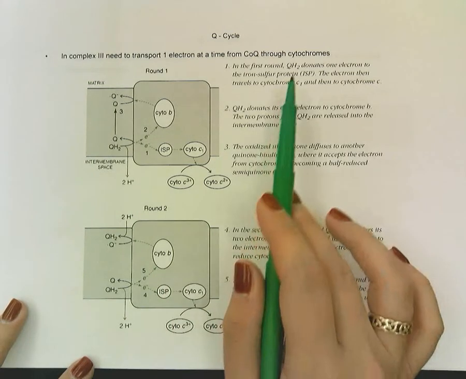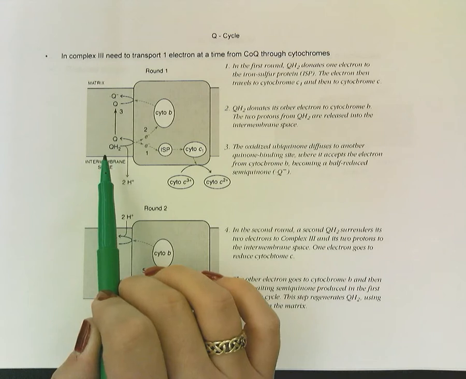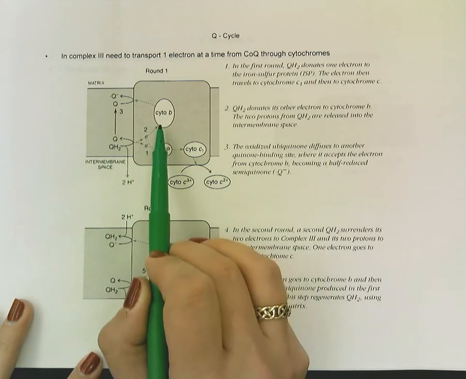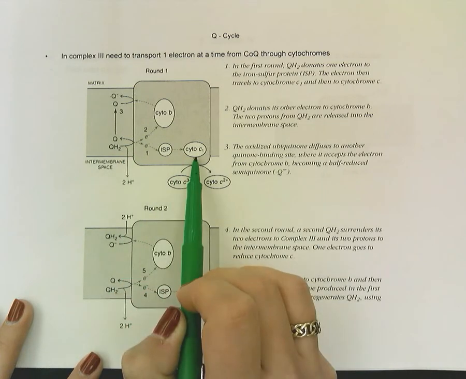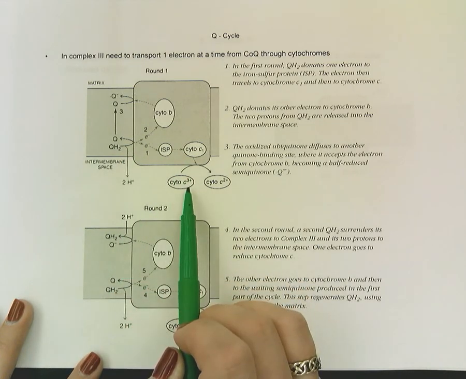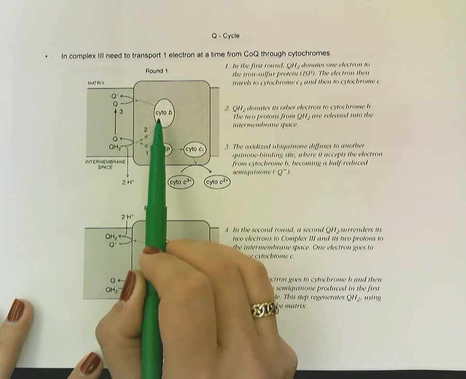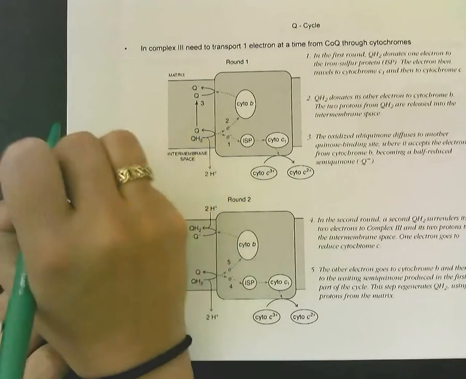And so in the first round, we have QH2 that we just made with complex 1 or 2. It's going to donate 1 electron to an iron sulfur, which then transfers to a cytochrome. Its second electron is going to transfer to the cytochrome up here. Right, so CoQ, or QH2,